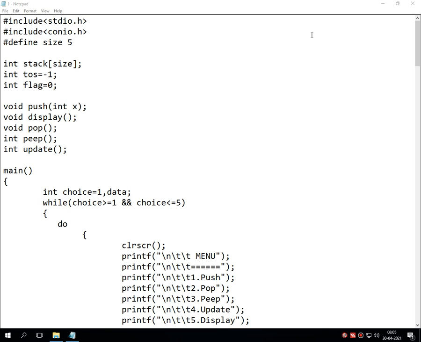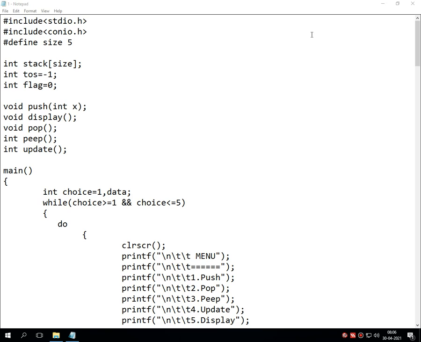As all of you know, in our previous lecture we discussed the concept of stack, which is in unit number 3 as the first topic. We went through the theoretical part of the entire concept. Then we looked at the algorithms of the different operations which a stack has, like push operation, pop operation, peep operation and update operation.